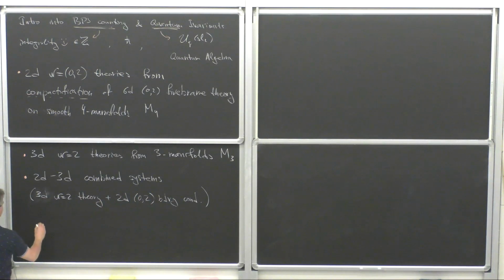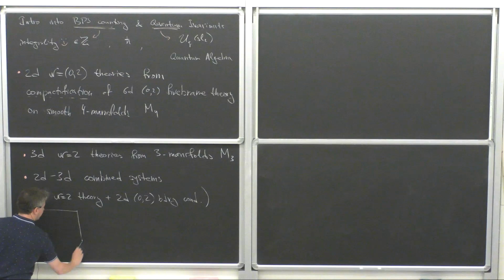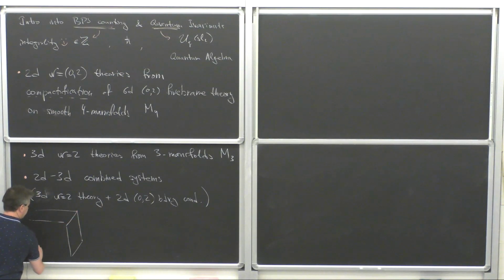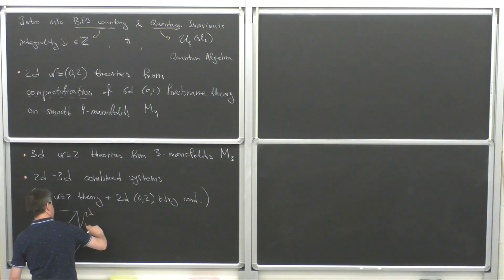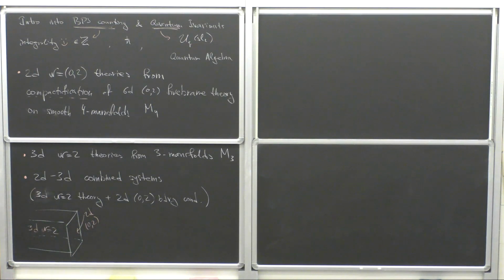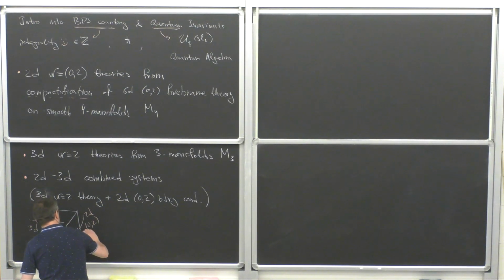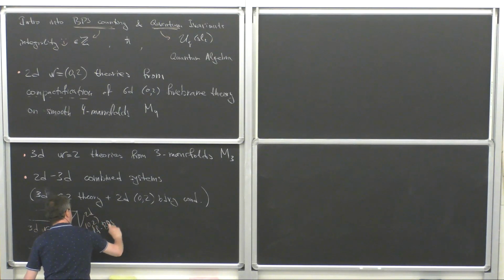And you can think of this in the following pictorial way. I'll draw these pictures in many different ways. So for instance, here I'm trying to illustrate a half space such that in this part of the bulk, you have 3D N=2 physics. And here on the boundary, you have a 2-dimensional (0,2) physics, some particular boundary condition. It is in itself BPS. In fact, it's half BPS. So this is a particular half BPS boundary condition,